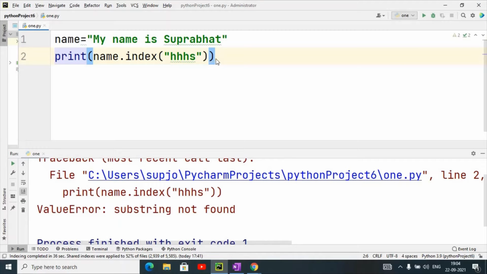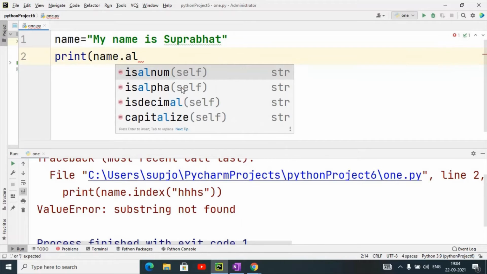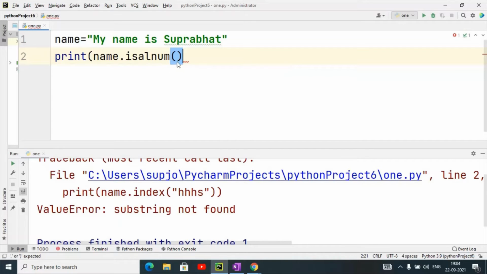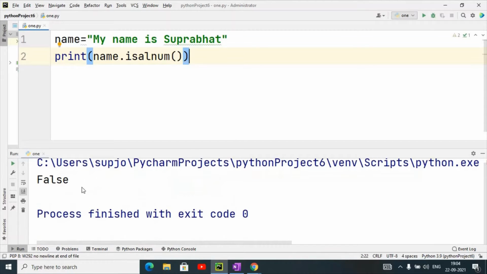We can check here. Suppose I have written this, and now it is returning a false value. Why? Because only alphabets are here.